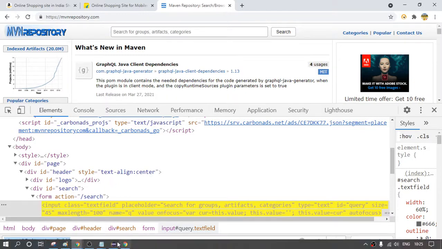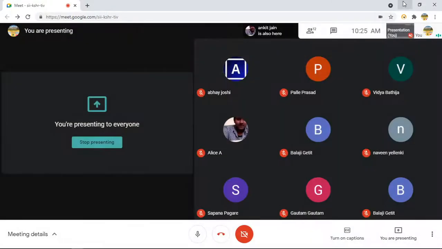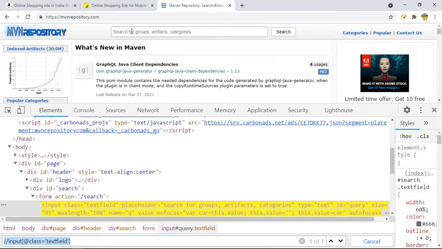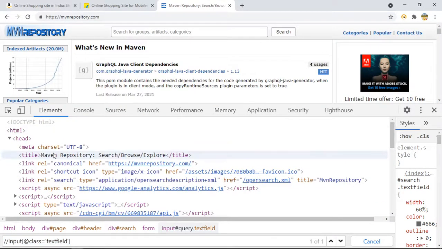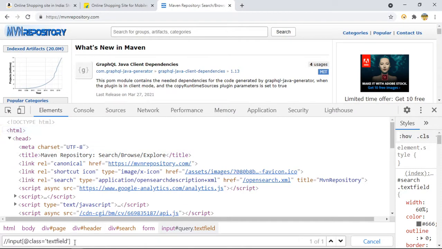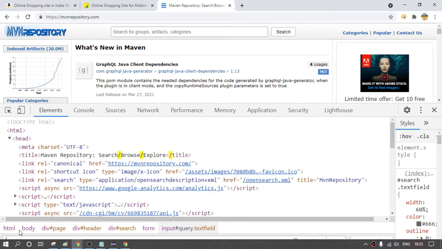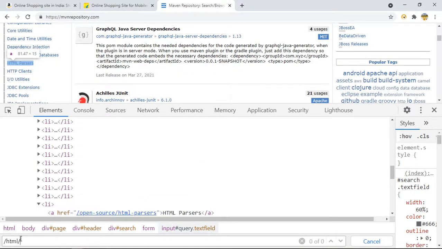So this is called the relative xpath, right? So now I am trying to identify the same element with the help of absolute xpath. So absolute xpath always starts with the root of the web page. So basically the root is nothing but the HTML tag. In every web page you will find this as the first tag, right? So I will start writing the absolute xpath. First I will provide single slash, right? I have provided single forward slash. After that I will write HTML, and after that